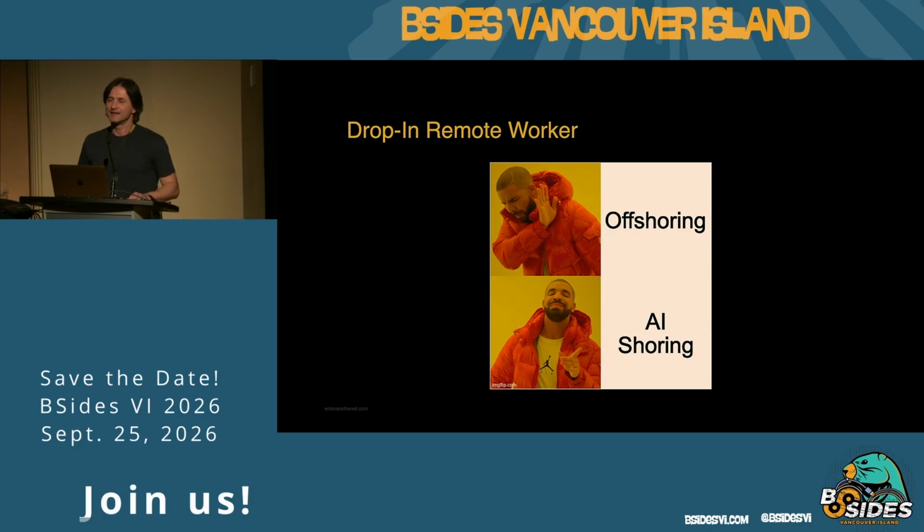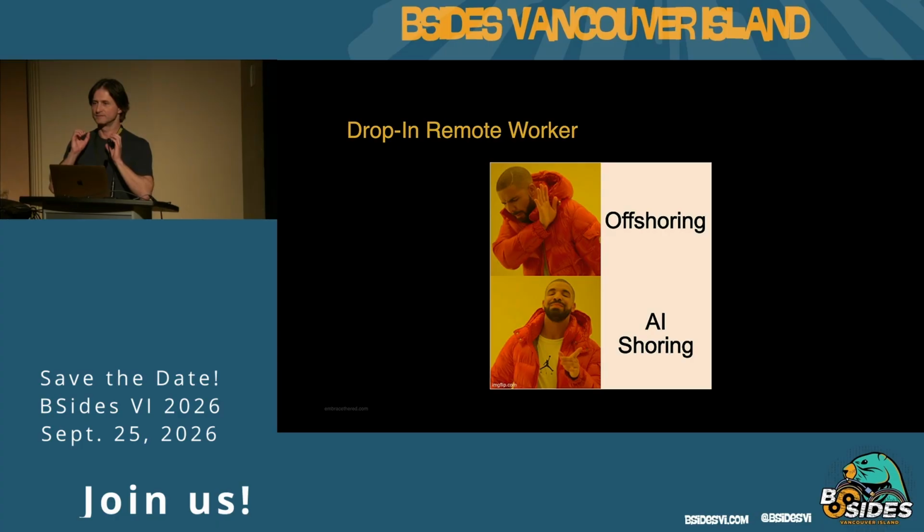One thing I want to highlight is the idea of a drop-in remote worker, a term I first heard about a year ago, and I think it's important to acknowledge. A researcher who had left OpenAI, Leopold Aschenbrenner, wrote a paper called Situational Awareness, where he highlighted the progression we will see in the next five to ten years. There's really this idea of a drop-in remote worker, where we will see agentic systems,